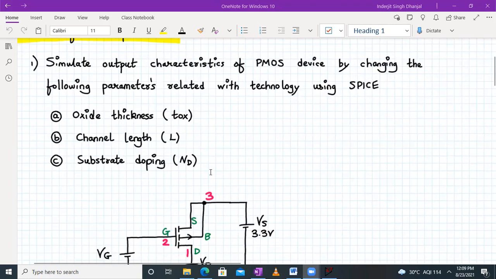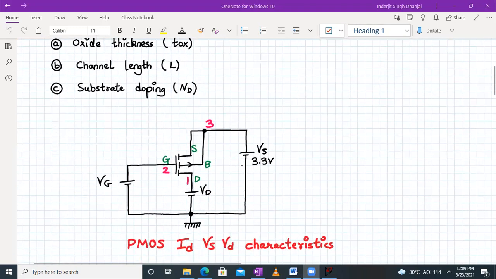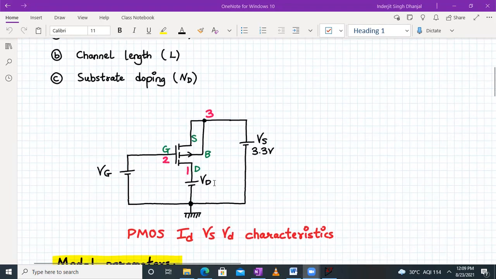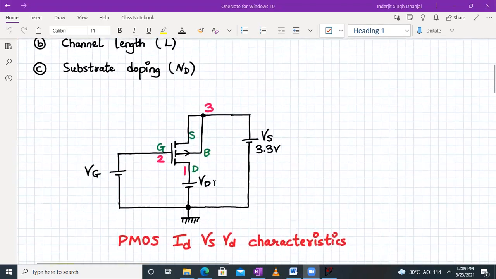Now, let us begin. In SPICE, we will be using LTSPICE for our simulation today, and we will be writing something called a SPICE netlist. For writing the SPICE netlist, we have to draw this diagram on a piece of paper or in your digital pad, and then you have to assign various nodes. So this is my P channel enhancement type MOSFET. Here is the gate terminal, the drain terminal, the source terminal, and the body or the bulk terminal is connected over here. The arrow pointing out indicates that this is the symbol of a PMOS device.